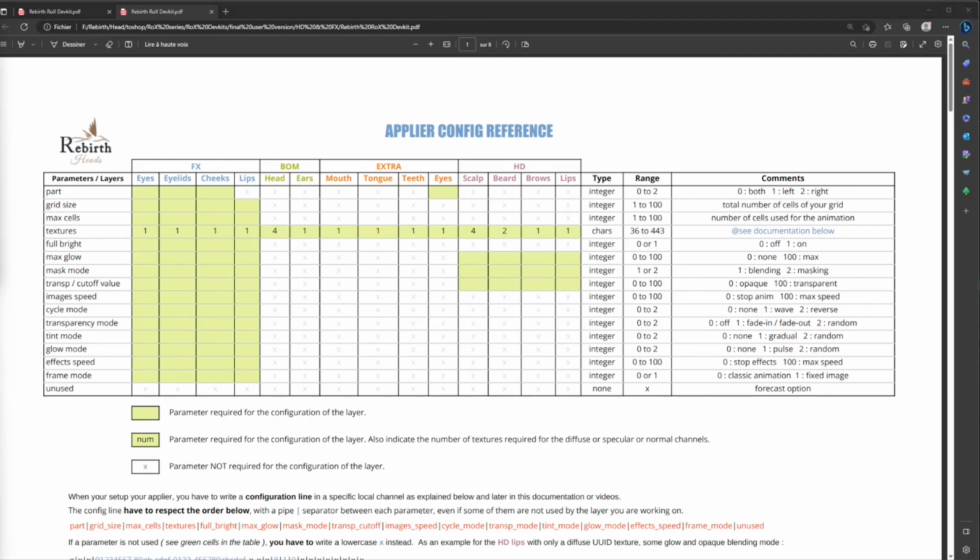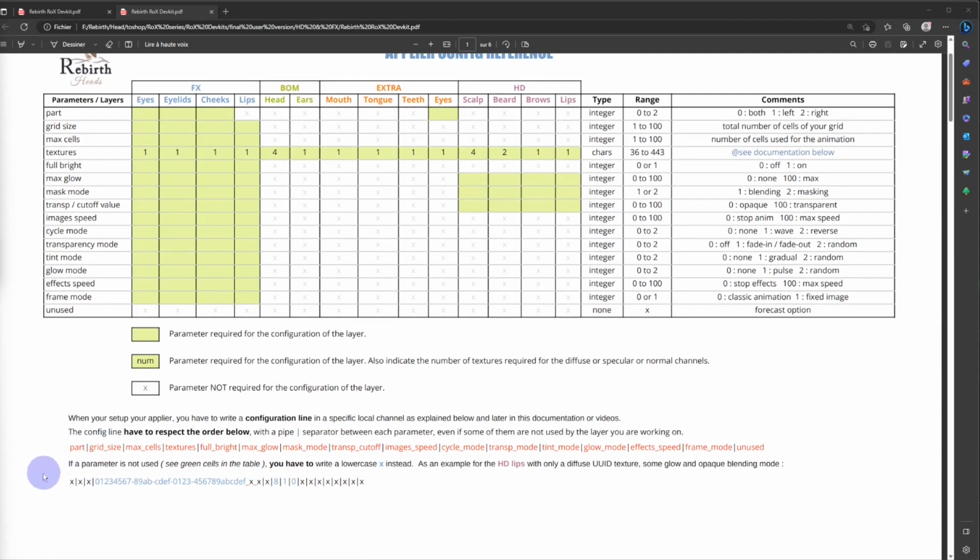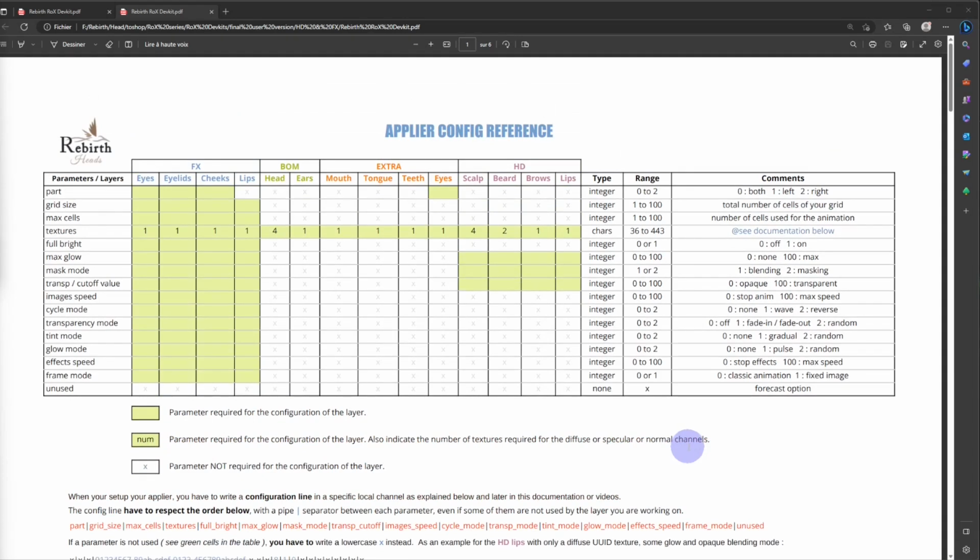If I had to summarize the process to make an HD applier, it simply consists of setting up a command line detailed here, using the textures you have already created and configuring a universal Rebirth RoX head applier script that is provided in the Devkit. But before showing you a concrete example, I must first show you this main table, which includes all